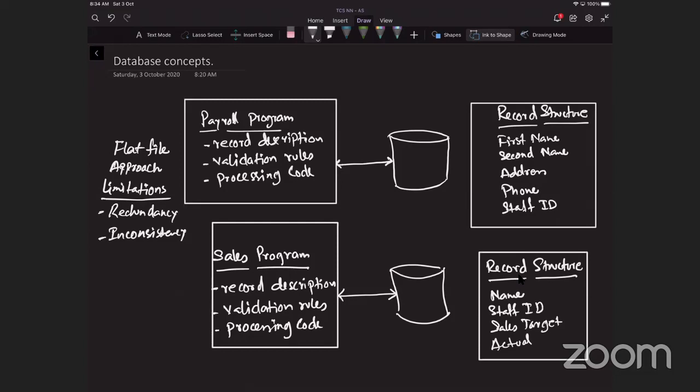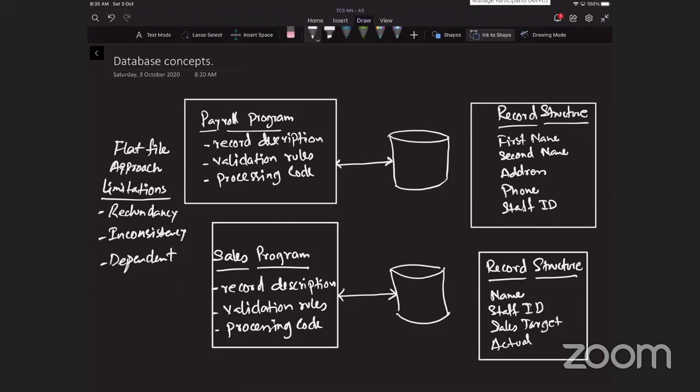So that is why data is called dependent. Data is dependent over its program. It cannot be used other than the way the program has managed it. All right. So these were a few of the limitations that we wanted to discuss.